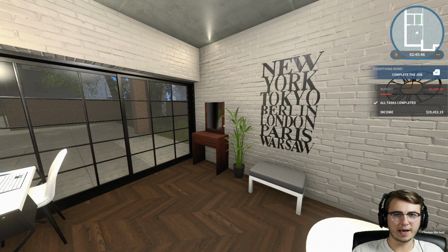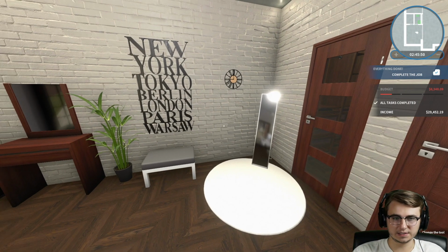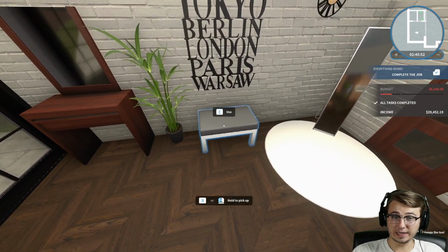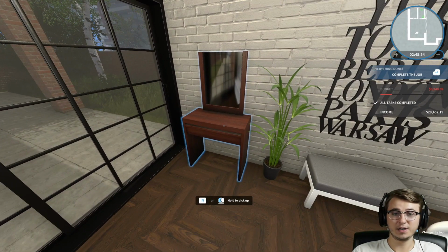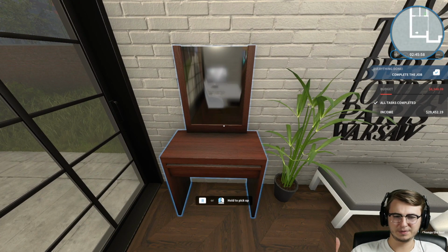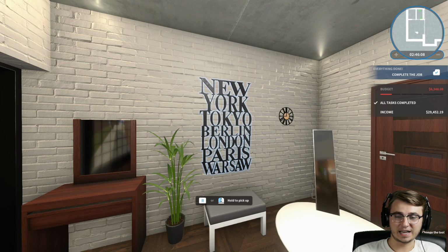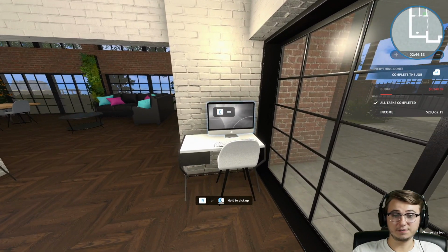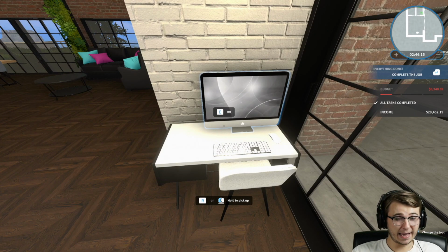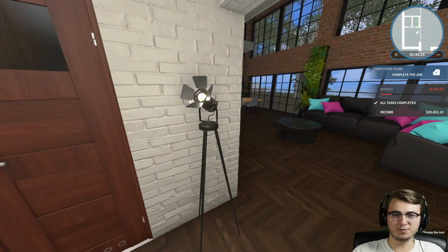There are quite a few items that they had us add after the fact, after we did all the orb things, the inspiration board stuff, including this little bench right here, which I'm pretty sure they wanted us to use for the makeup area, but I kind of like the way it looked underneath the city sign that we added. Apart from that, she of course now has her Mac. It's not actually called Mac though. Maple, that's the one. She now has her Maple computer,